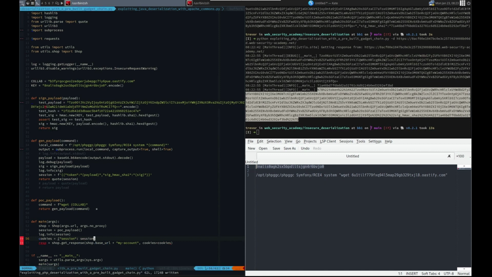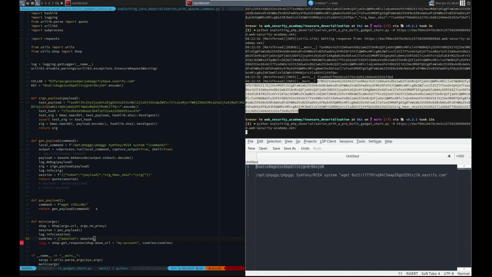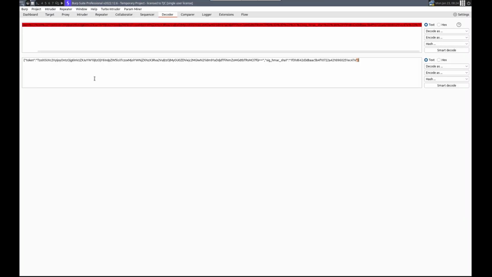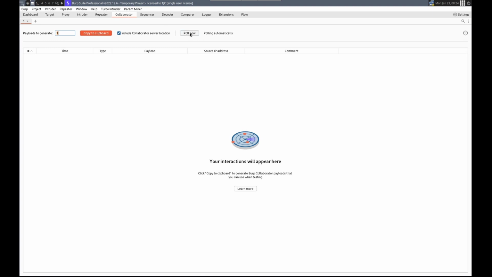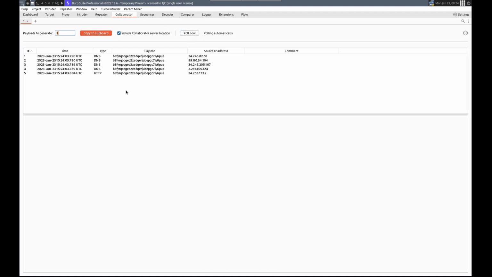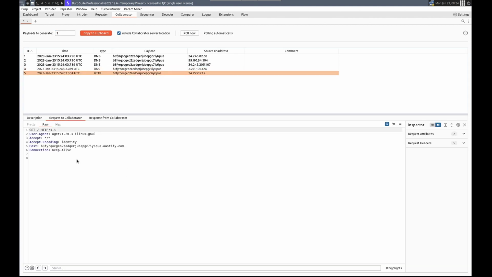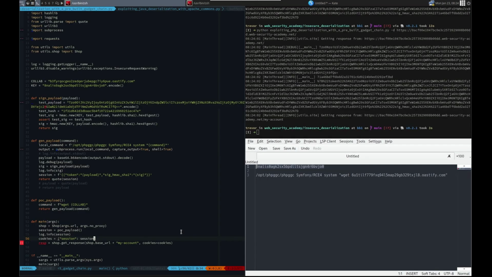All right. Let's see if we get a request to the collab server. Collaborator. Uh-oh. Oh, no. Oh, yes. wget. Perfect. All right. Awesome. Now we can do